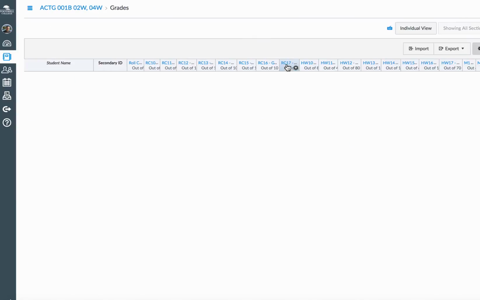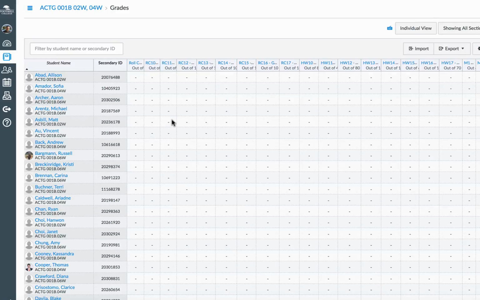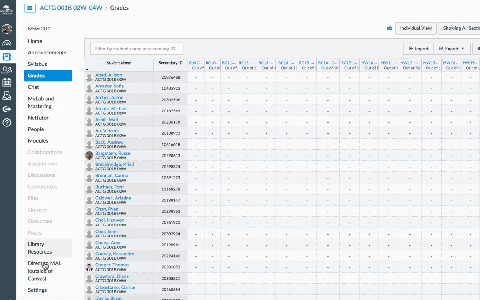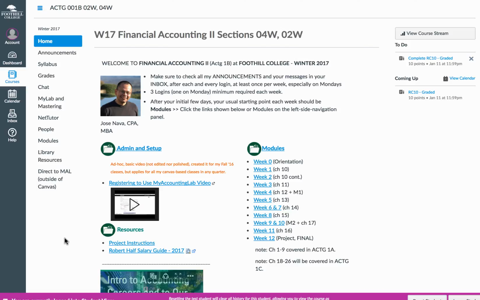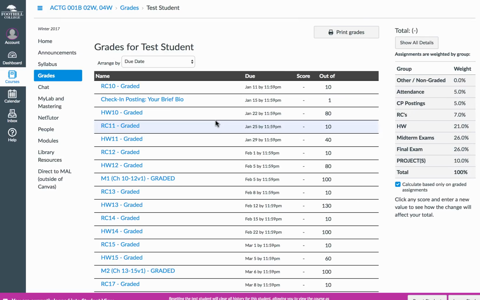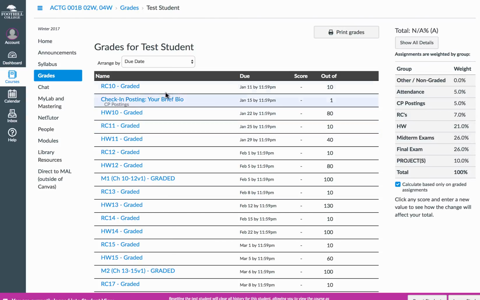Now at the moment you don't see anything. This is not your view. This is my view as an instructor. Your view will be different. In fact, let me do that. Let me go into student view so that you see what you would see, not what I would see. So I'm now in my student view, and if I go back to grades, this is what you would see. Every single grade component is part of your grade here,